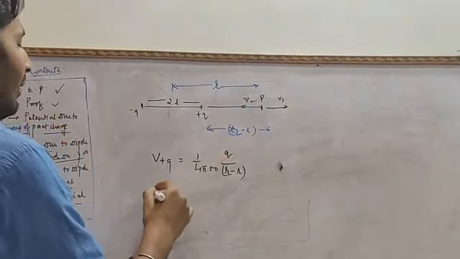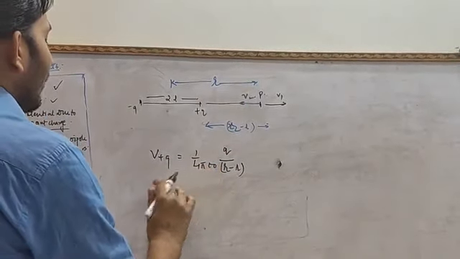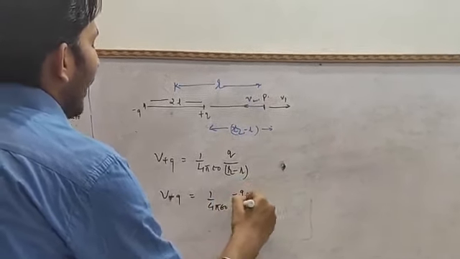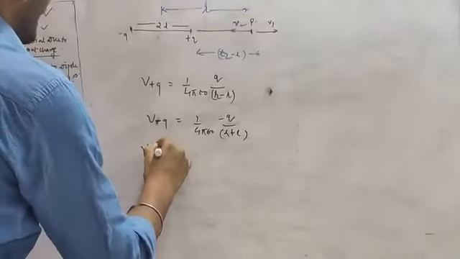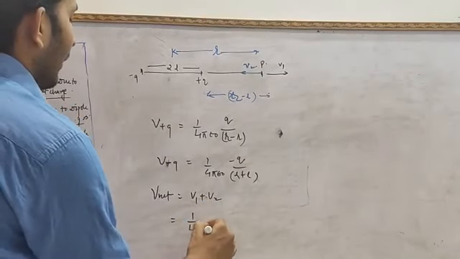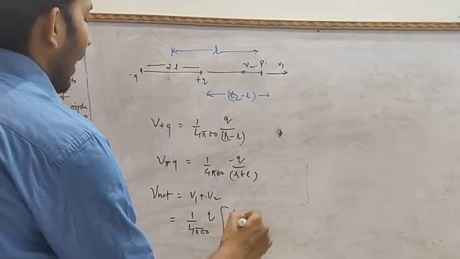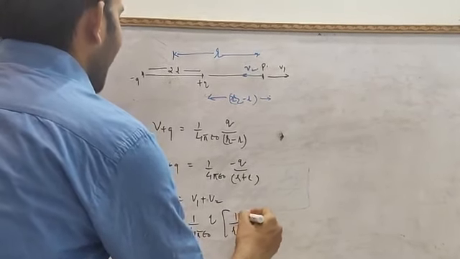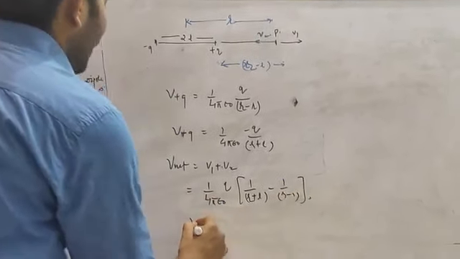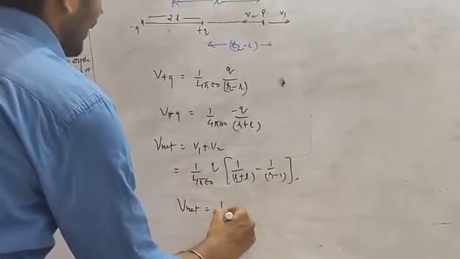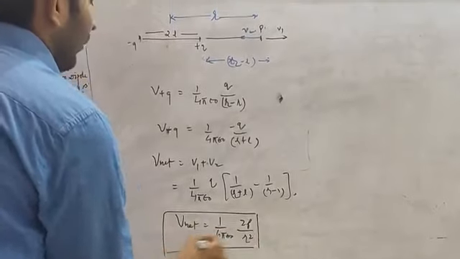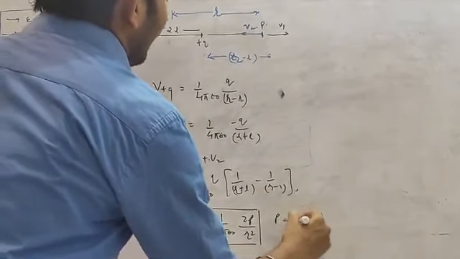We know the formula R minus L only. Electric potential due to minus Q is equal to 1 upon 4 pi epsilon naught times minus Q upon R plus L. And we know V net equals V1 plus V2. So 1 upon 4 pi epsilon naught Q times (1 upon R minus L, 1 upon R plus L minus 1 upon R minus L). On solving, we will find the value equal to 1 upon 4 pi epsilon naught 2p upon R square, where p is equal to Q into 2y.